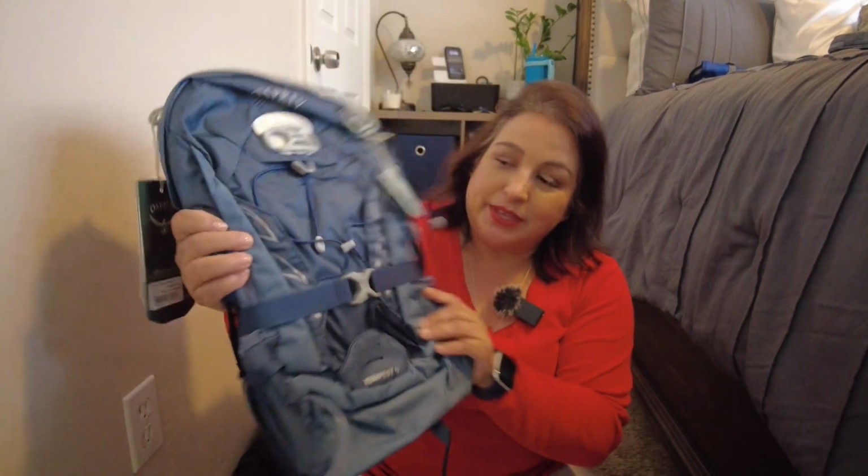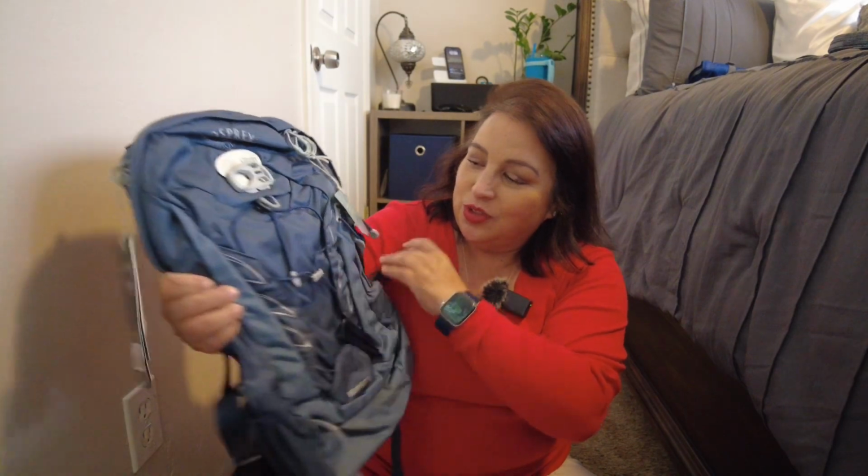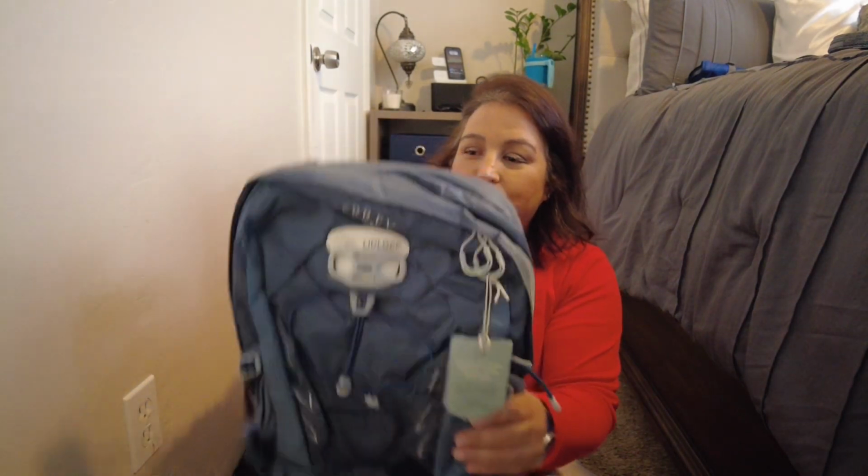And so what it ended up being is that the blue was one of the more expensive pricing, which is ridiculous. But I'm like, well, if I'm only going to buy this and it's a quality backpack, shouldn't I get the color I want? So I went ahead and paid a little more and got the blue. So anyway, I got the Osprey Tempest 9, and the features that I was looking for,